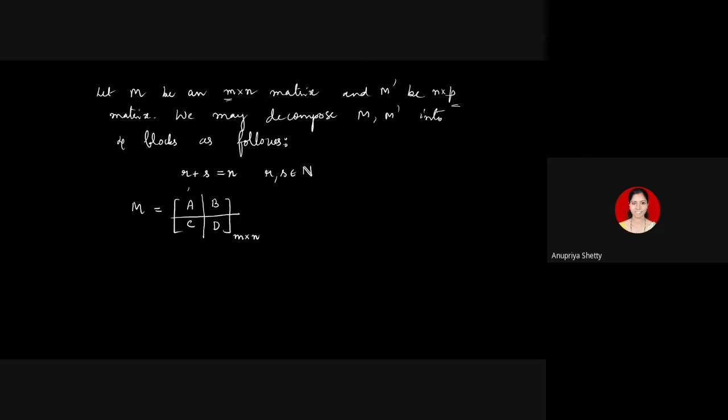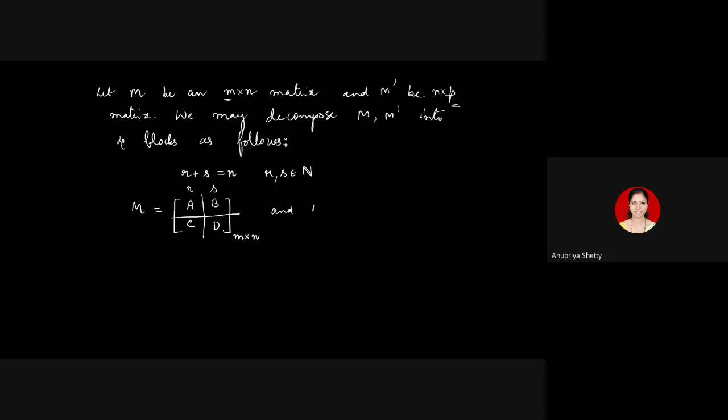Just see that here you have R columns. Okay. Here A and C, both the blocks have R number of columns. If they have R number of columns, what will be the number of columns in B and D, these two blocks? See here, total number of columns is N, R plus S is N. Therefore, these two blocks B and D will have S columns in them. Or as before, I can also write instead of S, N minus R. That's also enough.